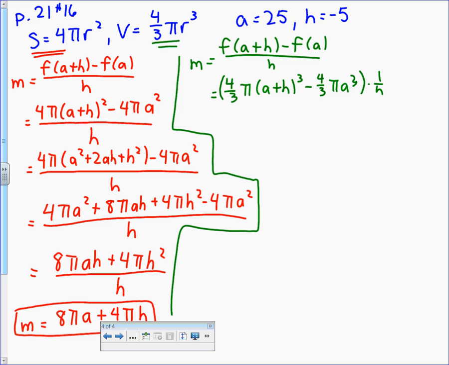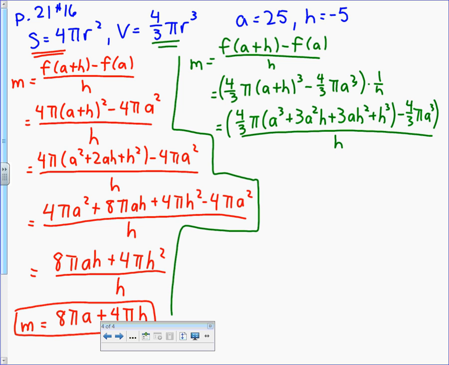So then we're going to do the cube thing, so it's going to go to 4/3 pi times (a cubed plus 3a squared h plus 3ah squared plus h cubed), minus 4/3 pi a cubed, all over h. So we're still good? Haven't lost anybody yet? Okay, I don't know how I'm going to fit this on here. So it's going to be 4/3